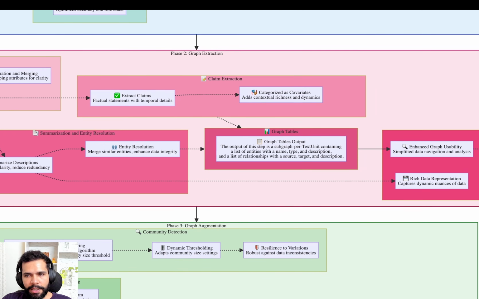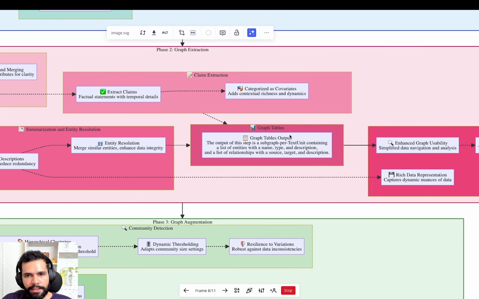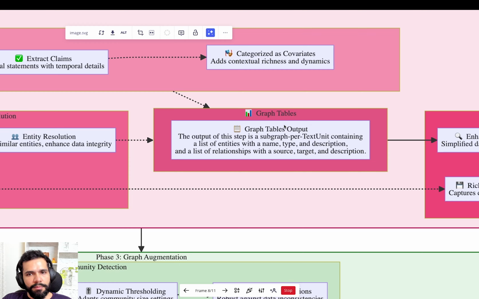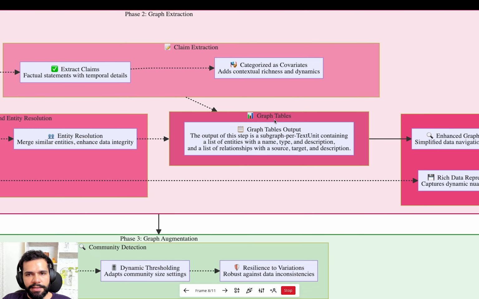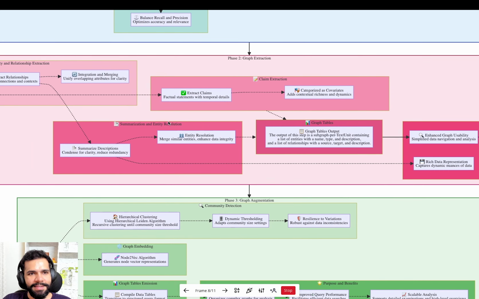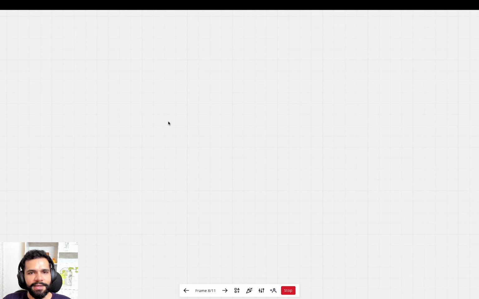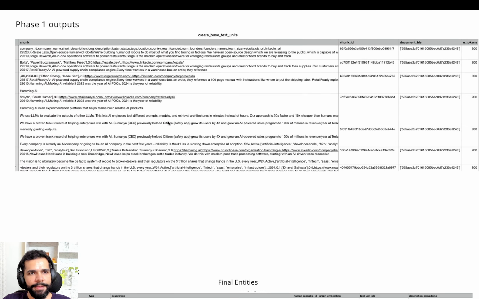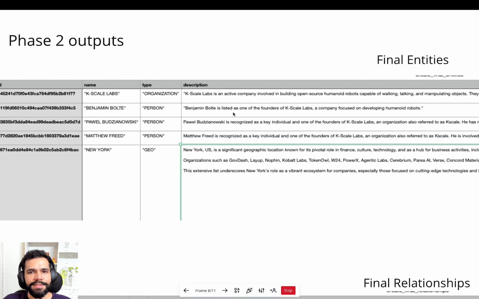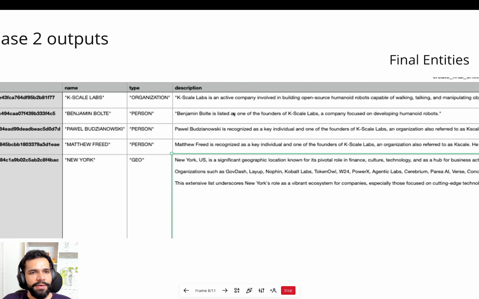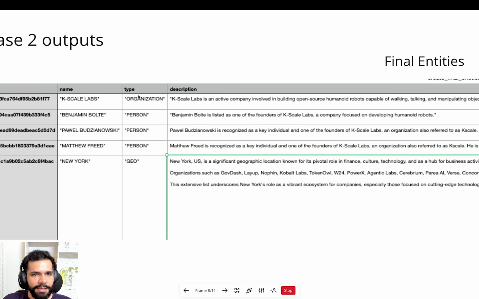So the consolidated outputs are nomenclaturally and taxonomically called graph tables. Let's take a look at what these entities and relationships look like. So these are phase two outputs. This is what the final entity snapshot data looks like. We have identified the name, the type,